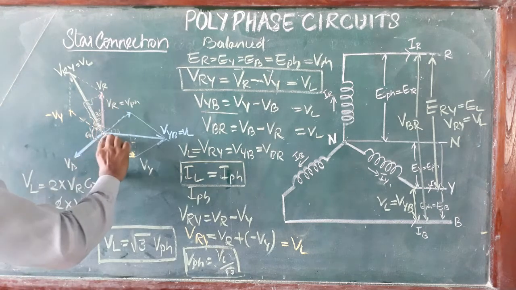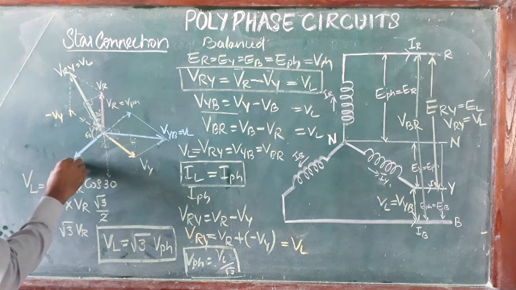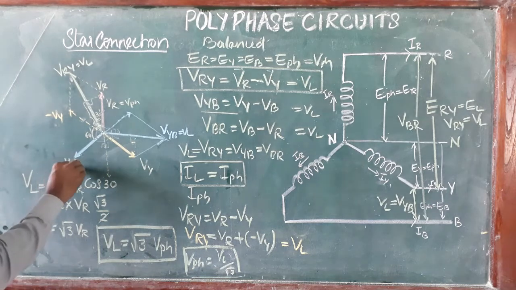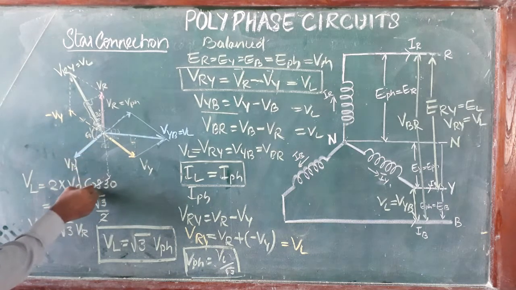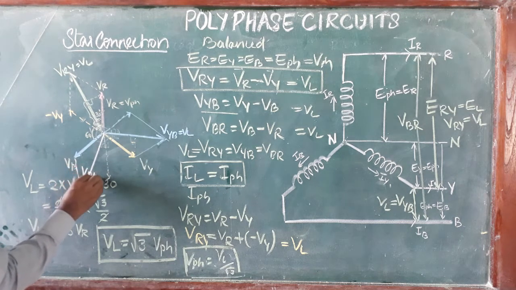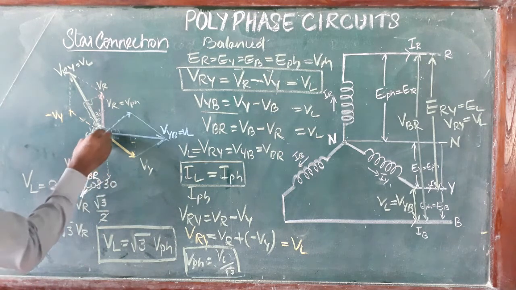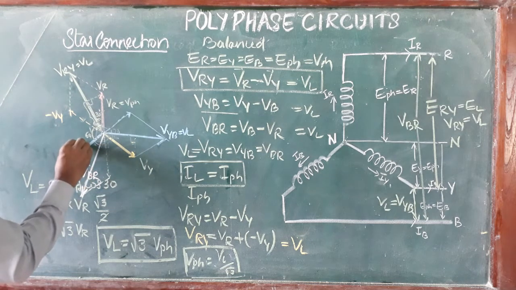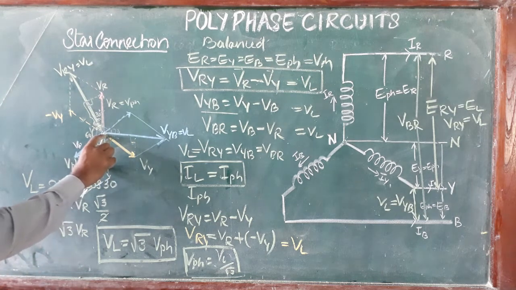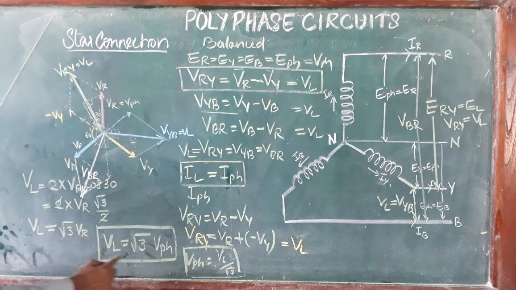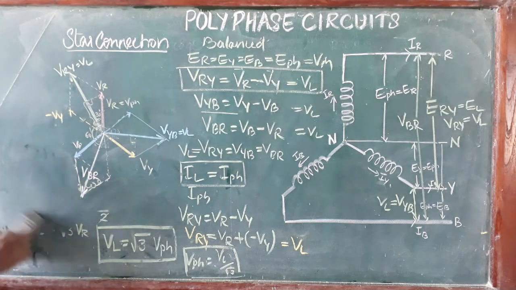So same length, minus R, and it's parallel to here, and this line is parallel to this point. So this should be our VBR. Similarly here also we can find the length. Here total 60, dividing exactly in the middle, so 30. So this one is VB. So VB into cos 30 into 2 means we will get total root 3 VB. VB means V phase, VL equal to root 3 V phase. So we get the same line voltages.